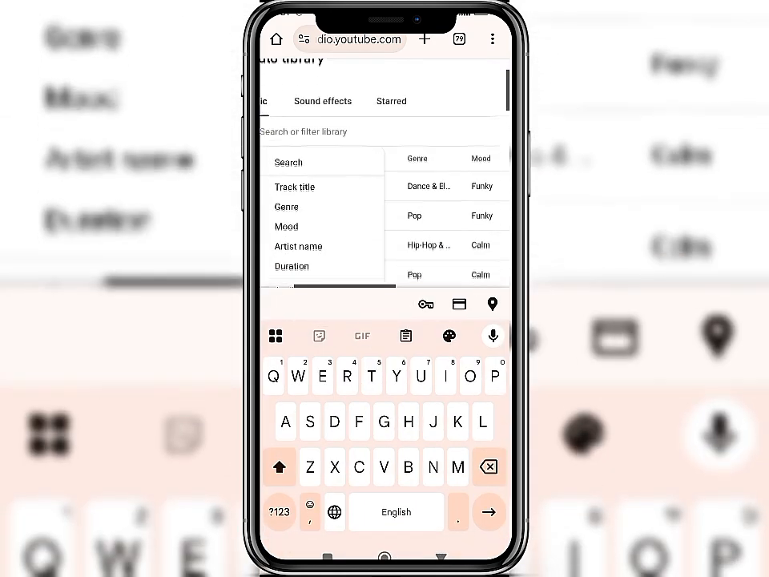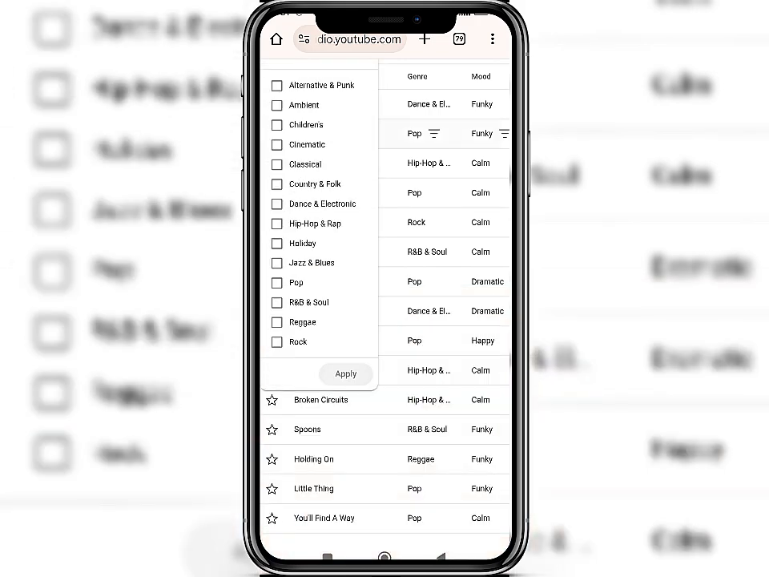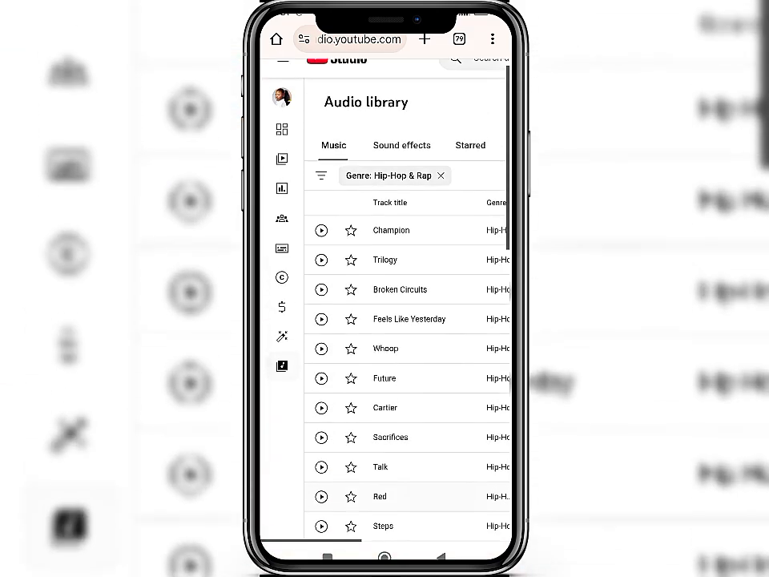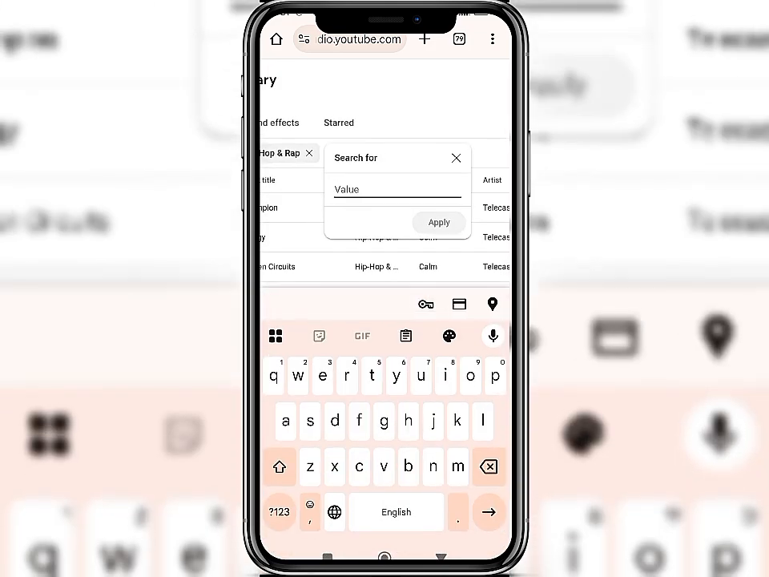and then you see options for different moods or artist name or duration, right? So I click on this particular one, and I'm going to say it should be hip hop. Okay, and I'm going to apply, right? And then the next thing I'm going to do is to filter by duration. So I come here,